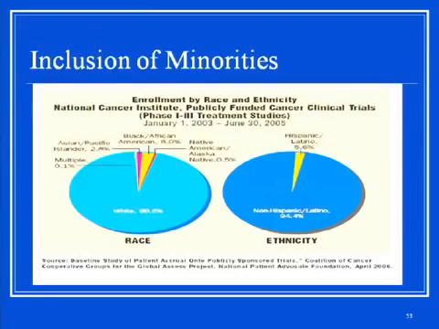And this is just sort of highlighting the reason in which these kinds of mandates were created. This shows between 2003 and 2005 the percent of individuals in a clinical trial of different racial and ethnic groups. And you can see, for example, as I commented, that 88.6% were white and 94.4% were non-Hispanic, non-Hispanic Latino, right? So again, indicating based on race and based on ethnicity that the majority of these studies are being conducted on whites.